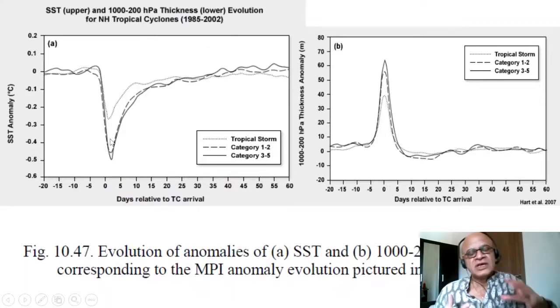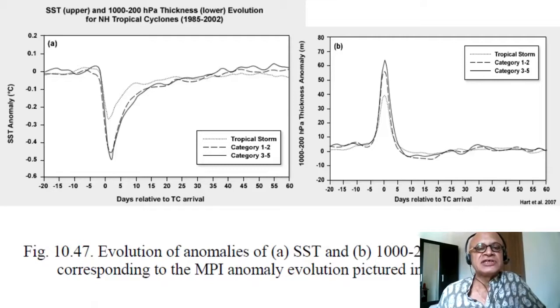So the ocean's inertia is much higher, density is much higher, heat capacity is much higher, so the mixing and the cooling effects are different once you go from a tropical storm to a cyclone, but the category of the cyclone doesn't seem to matter that much. But again, the time it takes for the anomalies to return back to normal is more than a month here,